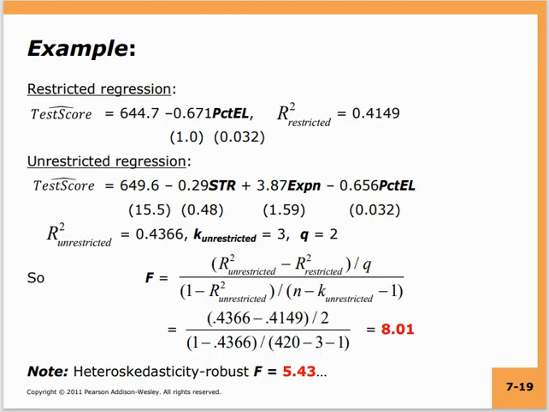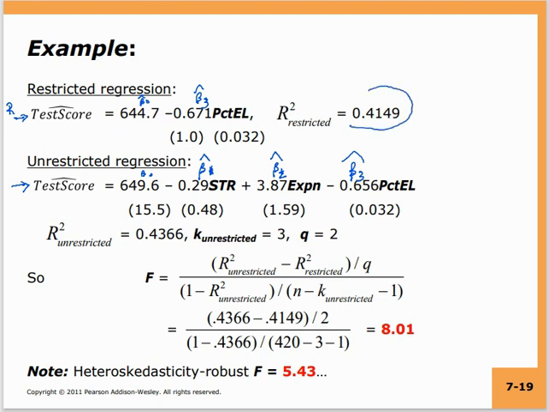So for instance, if we take the example that we were talking about and we run the restricted model again, this is the restricted model and this is the unrestricted model. The restricted model gives you these values of the beta 0 hats and the beta 3 hat, and the unrestricted model gives you these values: this is beta 0 hat, this is beta 1 hat, this is beta 2 hat, and this is beta 3 hat.